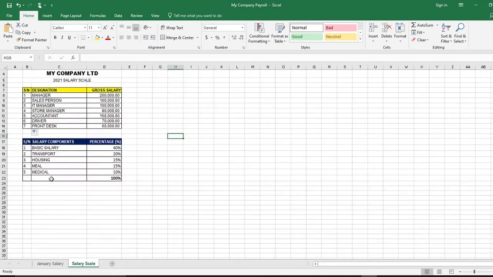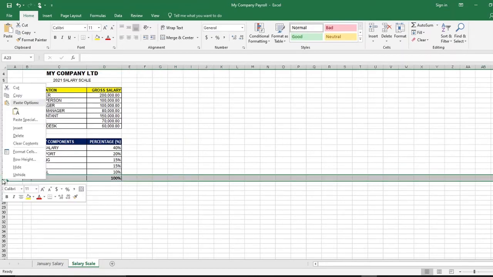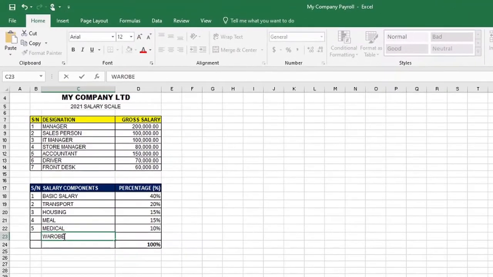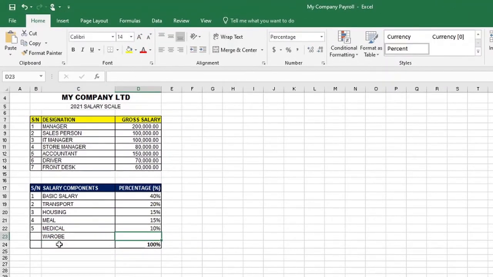this payroll. So let's have another one. We should insert it before this 100%, like so. So we can have wardrobe. Let's just have wardrobe allowance. I'm not sure if that's correct. Wardrobe, yeah, I think it's good. So we reduce this to 35%,